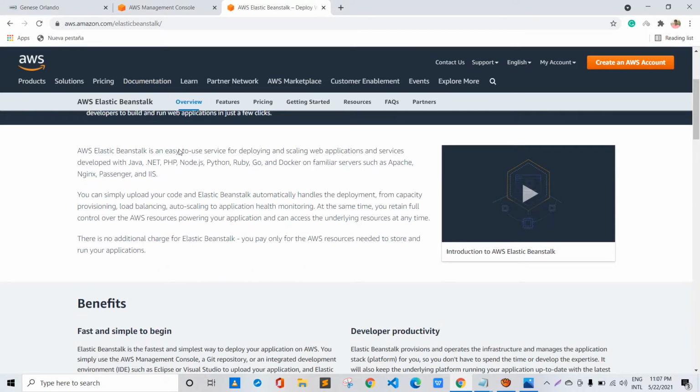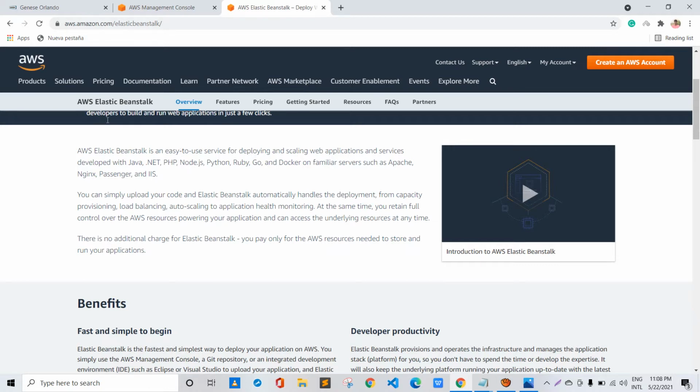So talking about AWS Elastic Beanstalk, it's a PaaS, or we can say platform as a service, provided by AWS, or we can say Amazon Web Services. And as the name specifies, that is platform as a service. So Elastic Beanstalk simply provides us a platform using which we can deploy different scalable web applications and services.